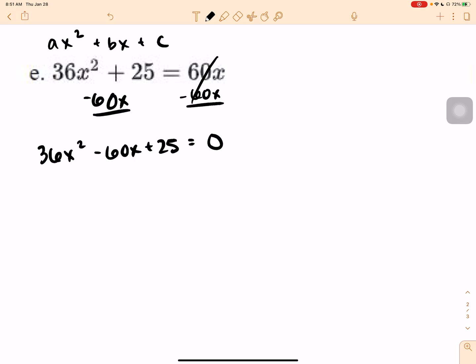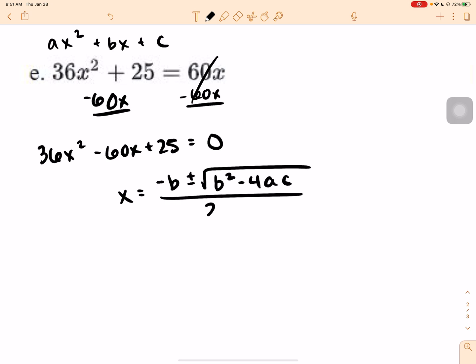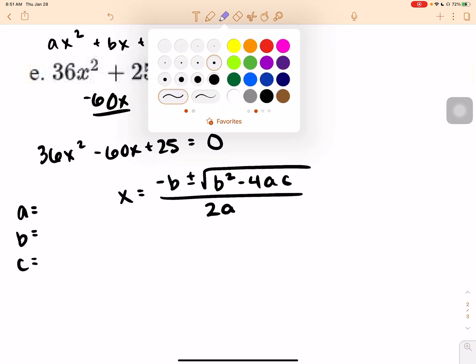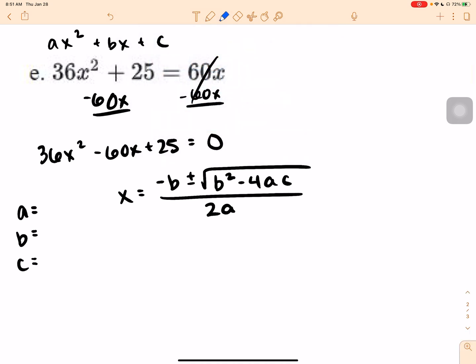So in my opinion, I just want to use the quadratic formula without trying to give myself a headache of figuring out if it's factorable or not. I'm just going to use this formula and simplify my way through. So first I need to identify A, B, and C. So I'm going to color code. I'm going to say my A,